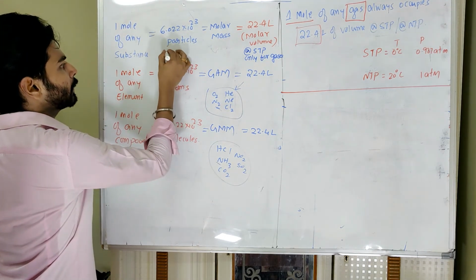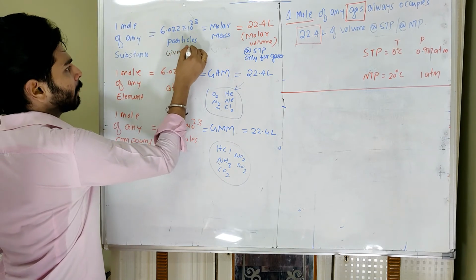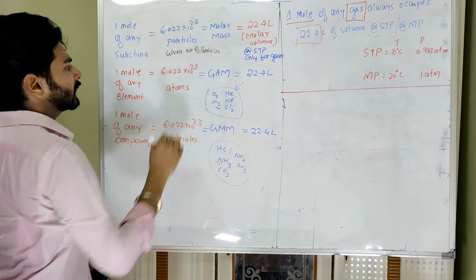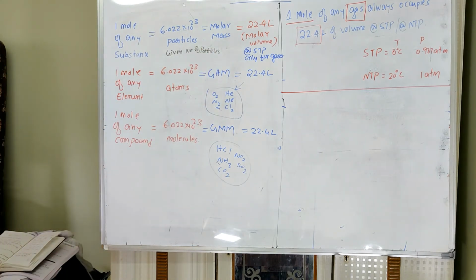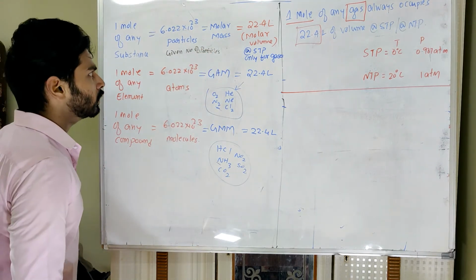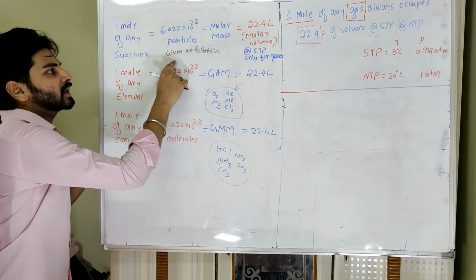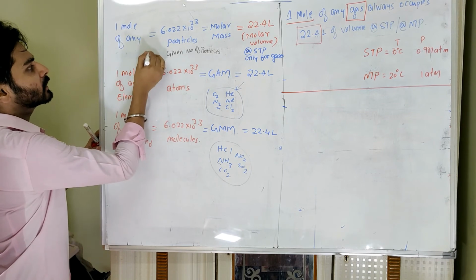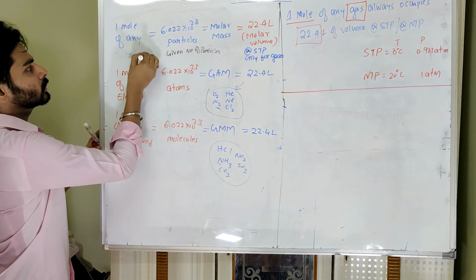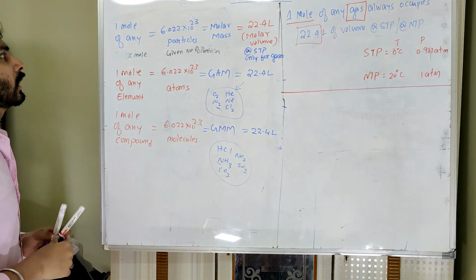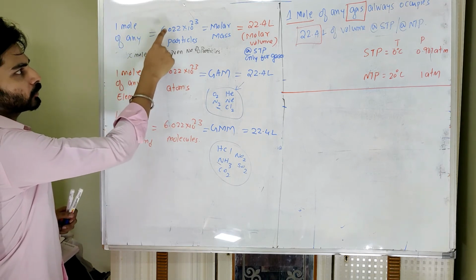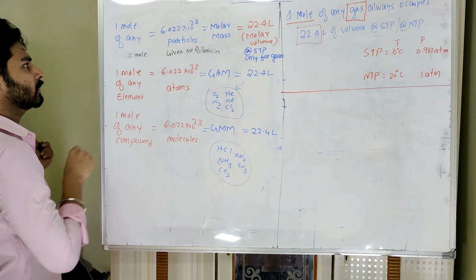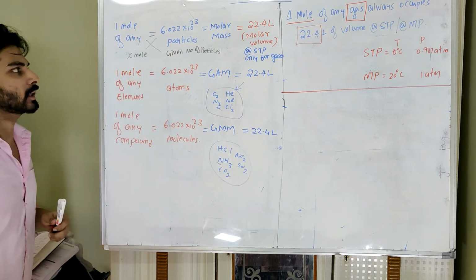So given number of particles, this is question specific. Some question may ask like 100 particles is how much mole, 1000 particles is how much mole. Then these 1000 particles, 100 particles will be considered as the given number of particles, and we are just converting that into how many moles. So 1 mole is 6 into 10 raised to 23. So given number of particles, whatever it may be, how much is that mole? Here we can simply do cross multiplication.